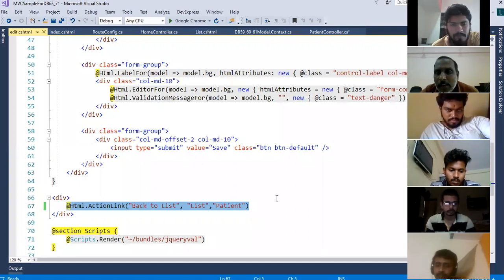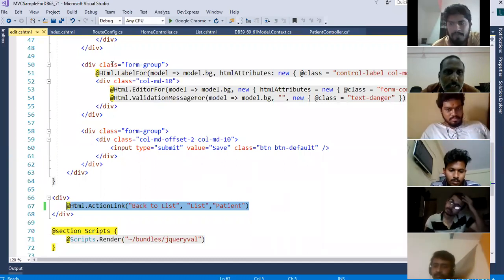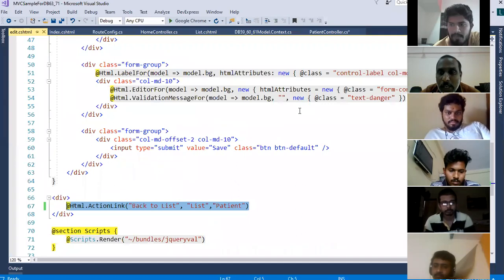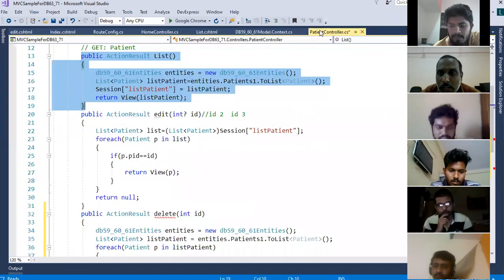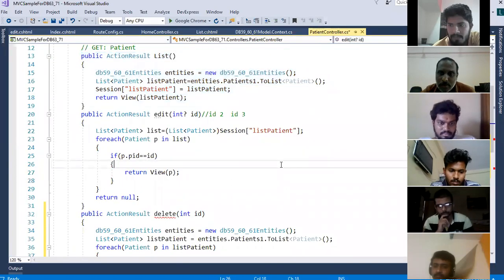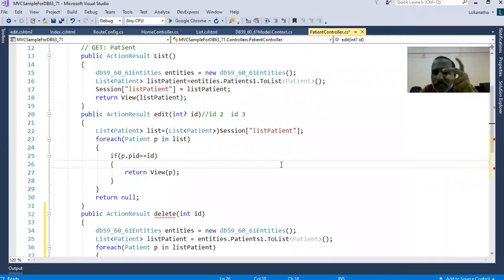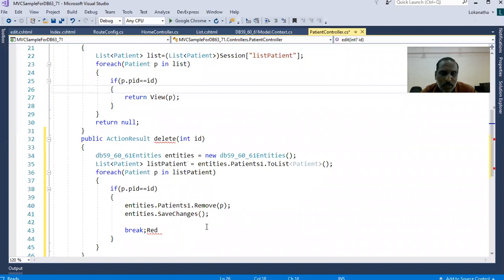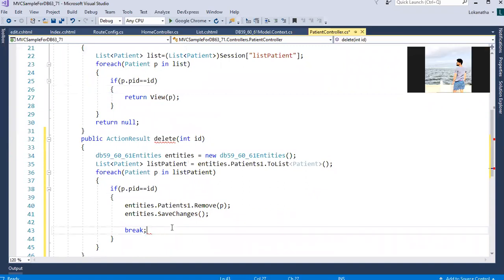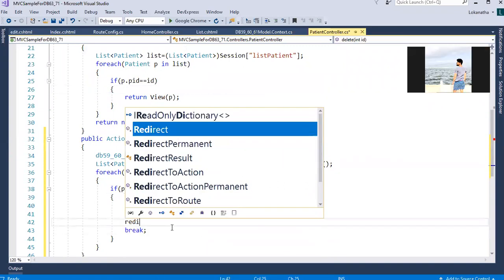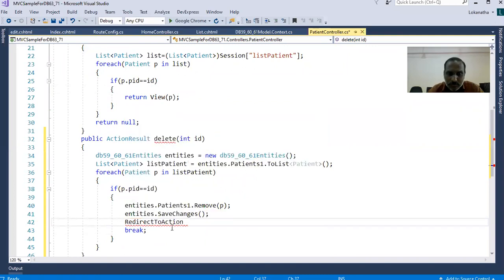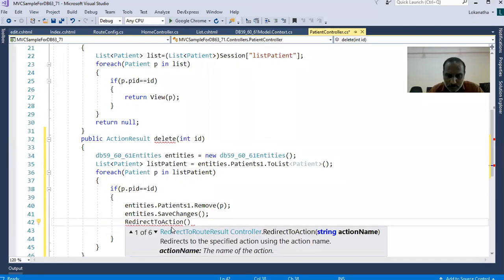Right? In MVC, we have a specialized mechanism to redirect the users from one action method to another action method. If you want to do that, you must use RedirectToAction and specify the action method.